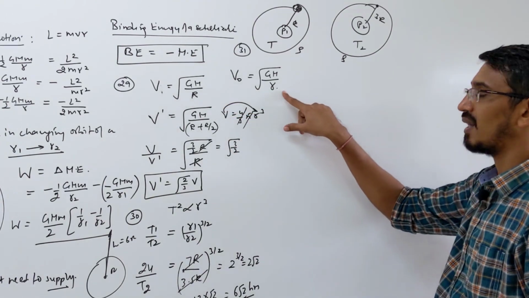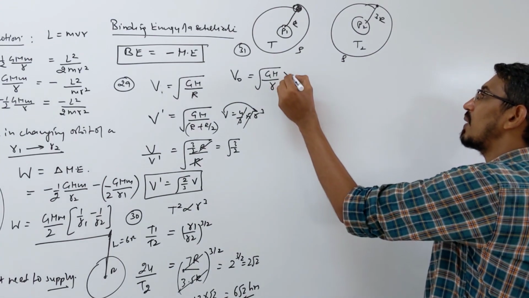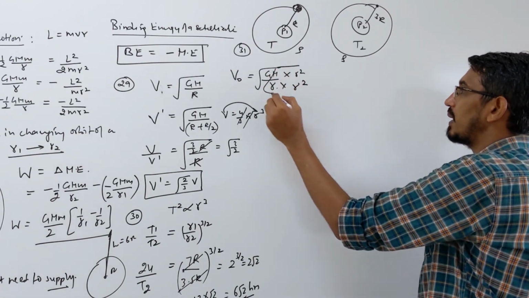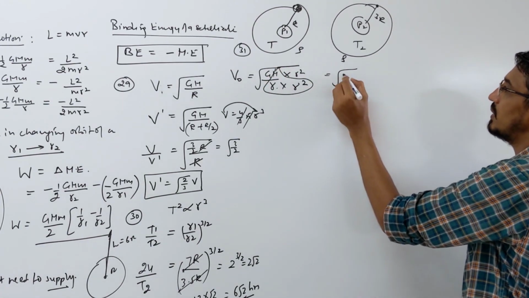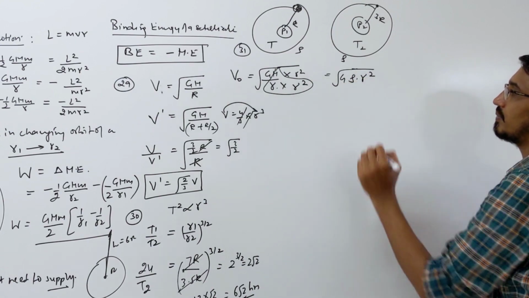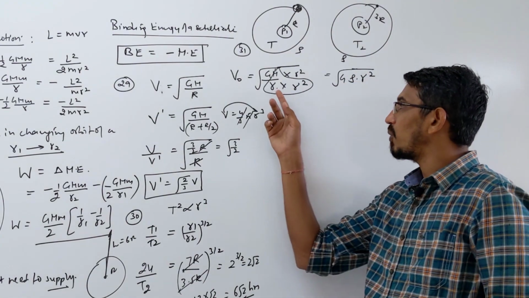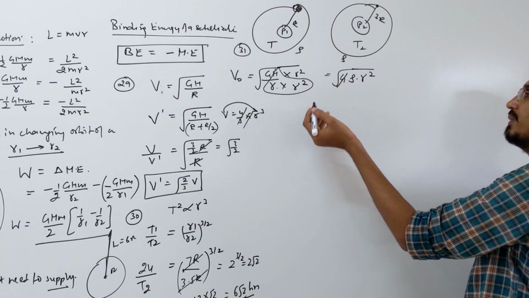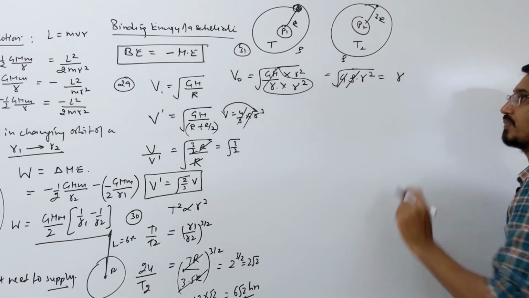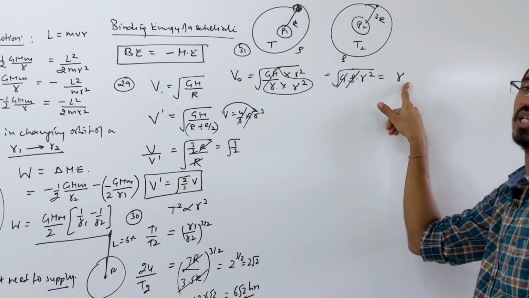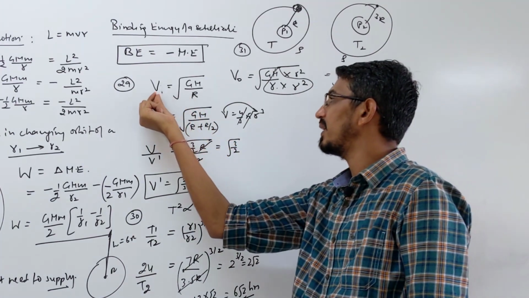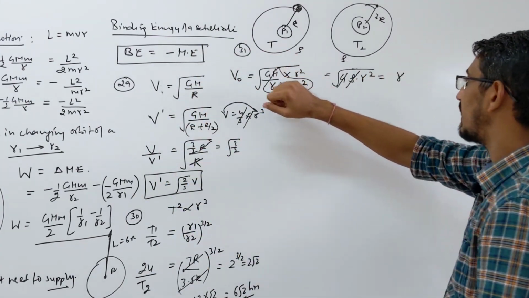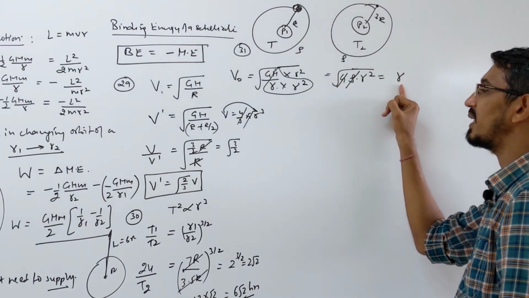So what we need here is R cube. In this formula, we multiply by R square and divide by R square, so that this term becomes density. So the formula comes like this: G rho into R square. I am just writing proportionality, I am not writing the numbers 4, 3 and pi, these are constants. The density is also constant, it is same given, and root R square means R. So how does this velocity vary? Proportional to R actually. In the formula it looks inversely proportional, but here density is given same. So when you bring density here, you see that the orbital velocity comes directly proportional to the radius itself.